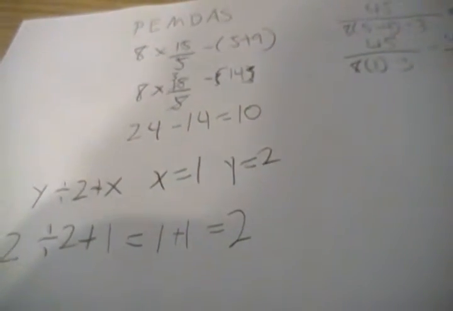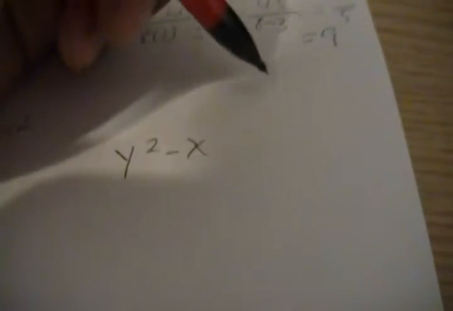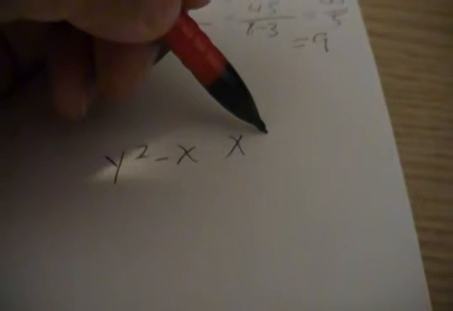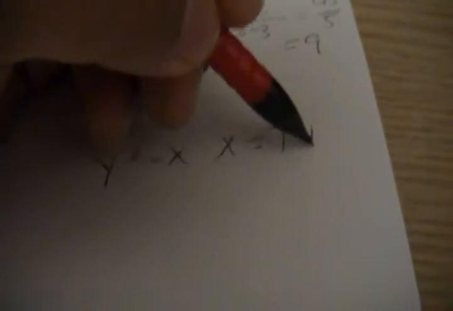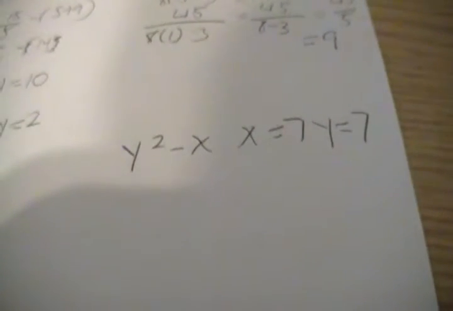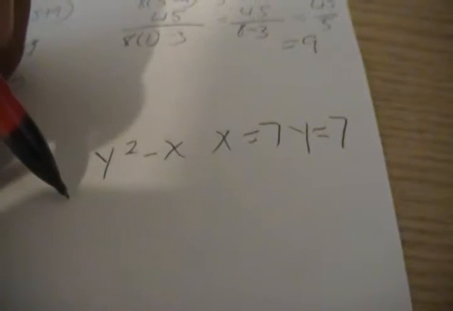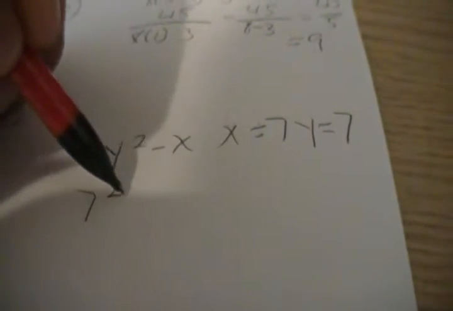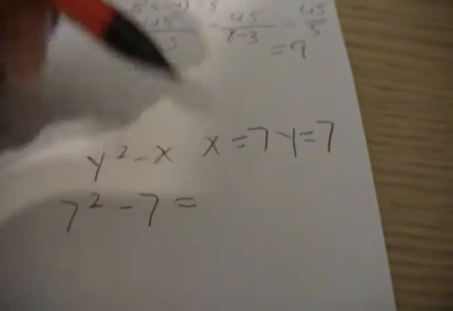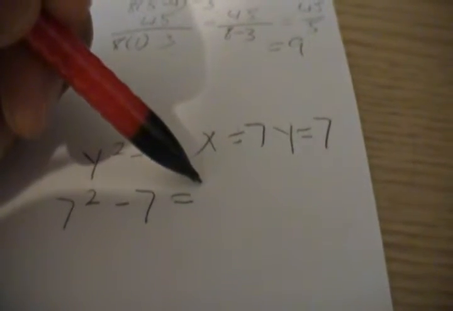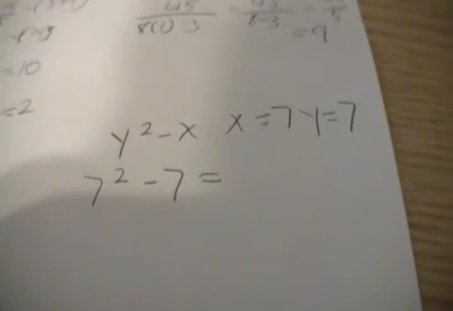Let's try a couple more. Say we had y squared minus x. Say x is equal to 7, y is equal to 7. So now just plug in the numbers. So y is 7, so it becomes 7 squared minus x, which is 7. So 7 squared minus 7, which is also equal to, well, let's use our